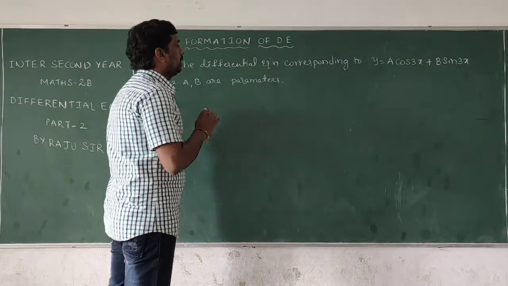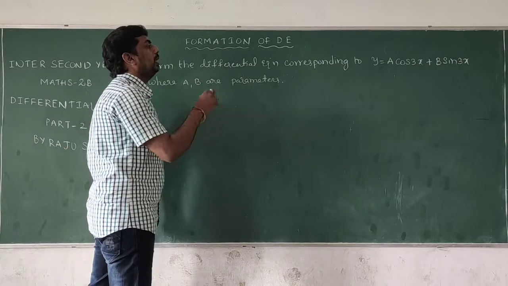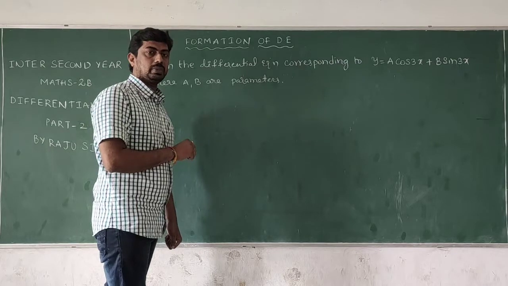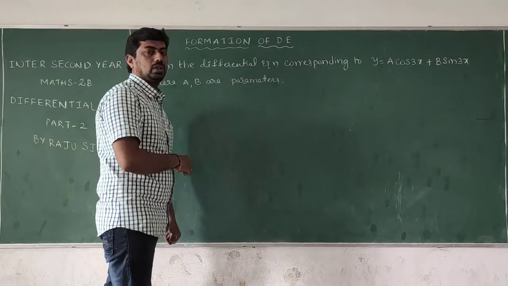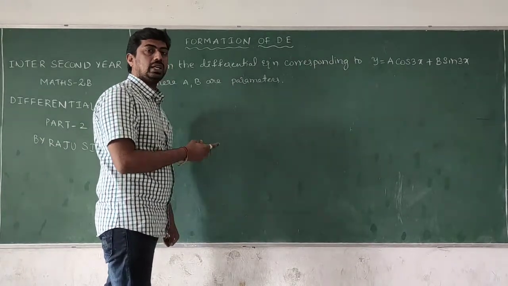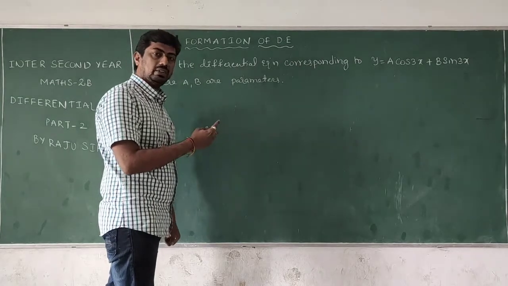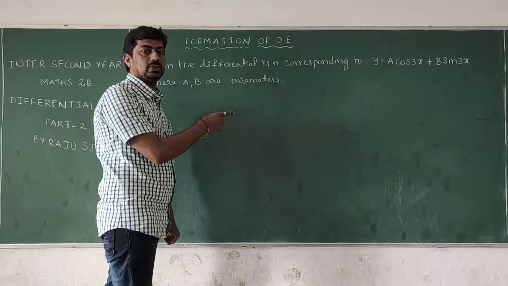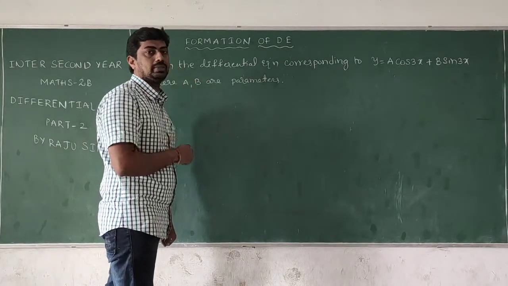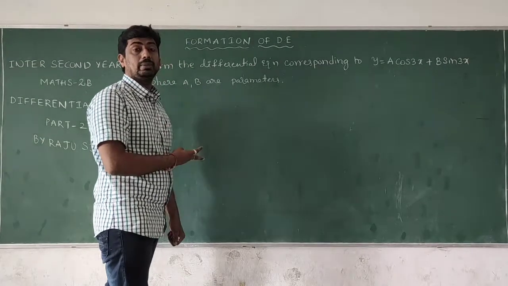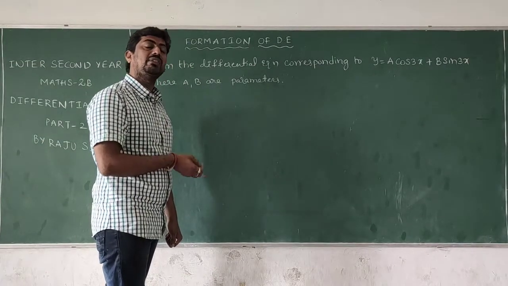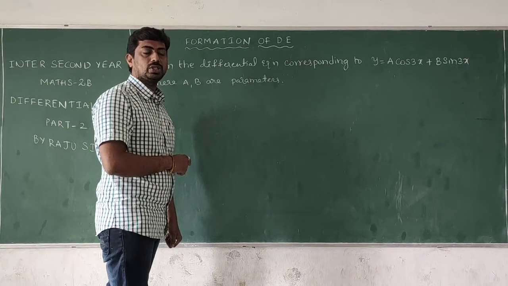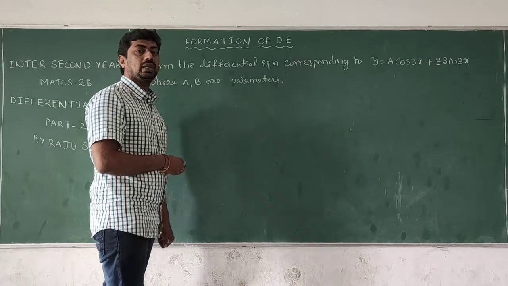The simple method is, first observe how many parameters are in the given equation. That is the first important thing. In this one, 2. Differentiate the given equation in such types. If we have 2 parameters, differentiate the given equation 2 times. If we have 3 parameters, 3 times. If we have only 1 parameter, one time differentiation is enough, then we get the differential equation of the given equation.